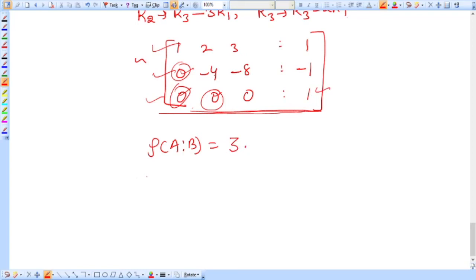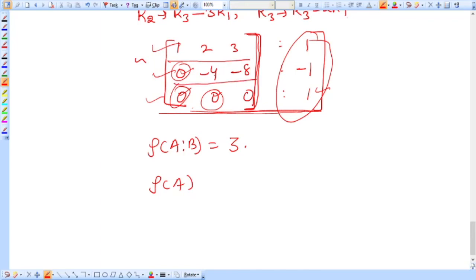But what is the rank of A? अब यहीं से देखो, you hide this. अगर इसको छोड़ के जो मैट्रिक्स बनी इतनी सी, ये क्या है, कौन सी मैट्रिक्स है? This is the A matrix, अगर हम यहीं तक की बात करें। तो इसकी रैंक क्या है? देखो, first is the non-zero row, second is the non-zero row, but third is the zero row. So rank is equal to the number of non-zero rows, and the number of non-zero rows here is 2. So therefore rank of A augmented matrix is not equal to rank of A.